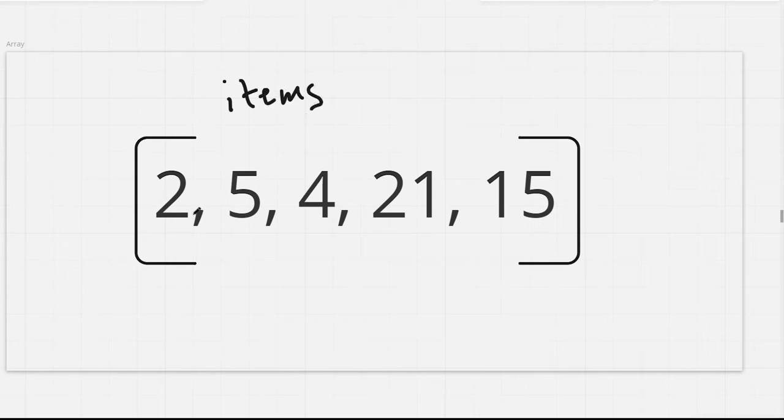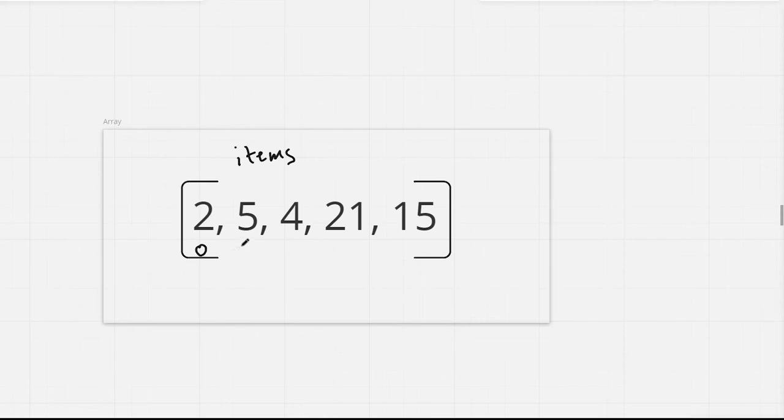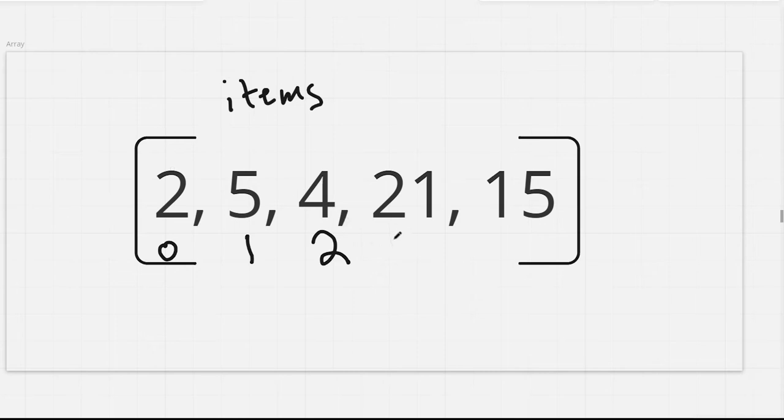But now in the array in computer science, these items in the array are actually indexed, and they start at 0. This is why I wanted you to see the column and how we're going to count the number. So this 2 is actually an index of 0, and this 5 is at the index of 1. The 4 is at the index of... sorry. It's at the index of 3, and